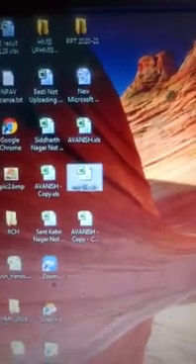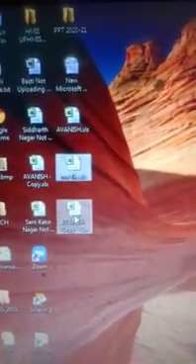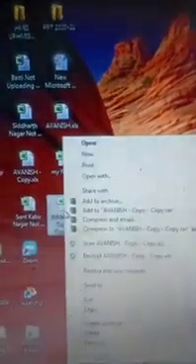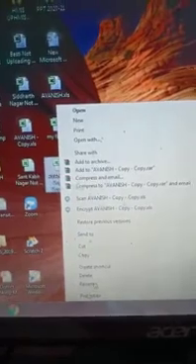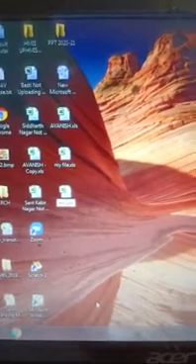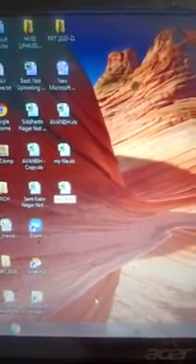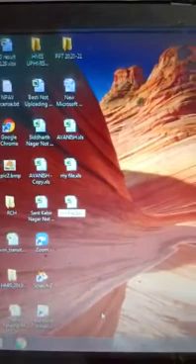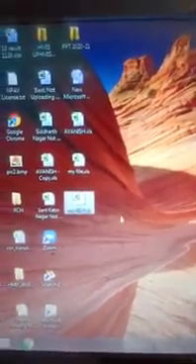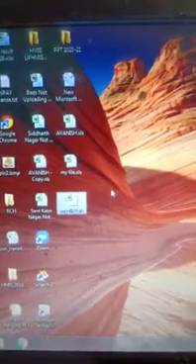If you want to rename that file, Avnish copy, then you have to right click on that file and select the rename option. Click on that and then type a new file name, my file 2. If I type here and press the enter key, then the file name will be changed. This is the way you can rename a file.